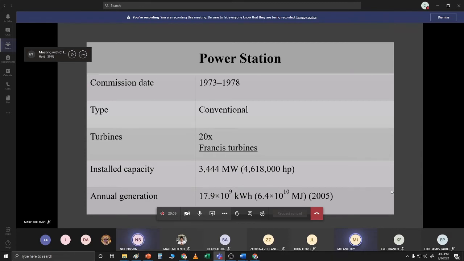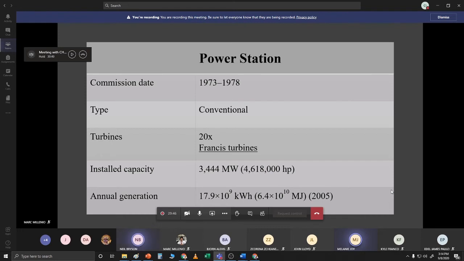Sinabi po dito na may 20 daw po na turbine generator na ginamit, kaya po madami, hinati-hati po into 3. Yung 11 po na Francis type, 170 megawatts lang po yung sa 11. Tapos yung sa 5 po is 174 lang po yung capacity. And dun sa last 4 po na tira is 176 yung capacity. In total po na 20